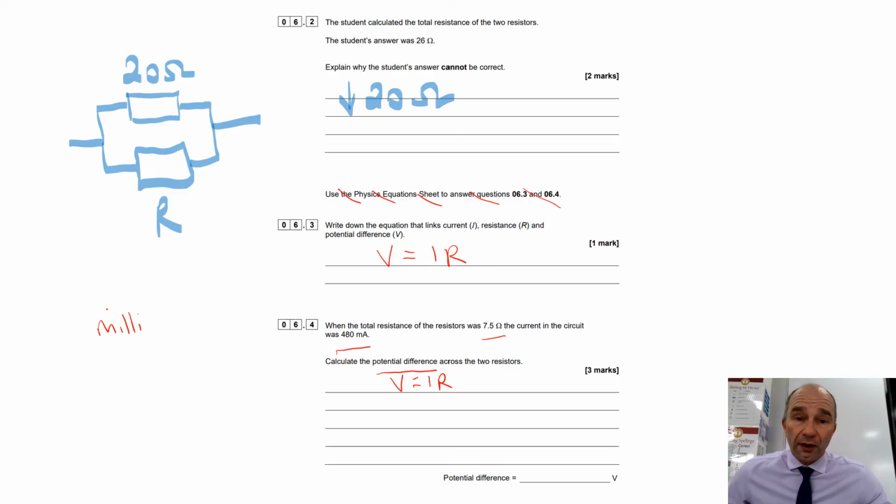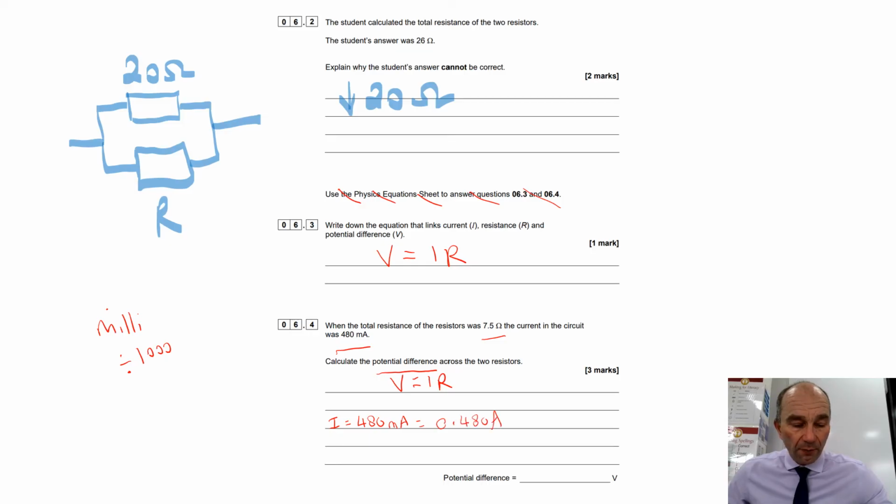When we're doing these calculations, our current needs to be in amperes, not milliamperes. So to go from milliamperes to amperes, we divide by 1000. That means our current, 480 milliamperes, equals